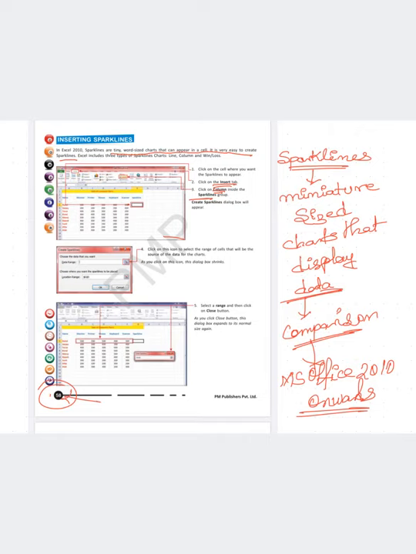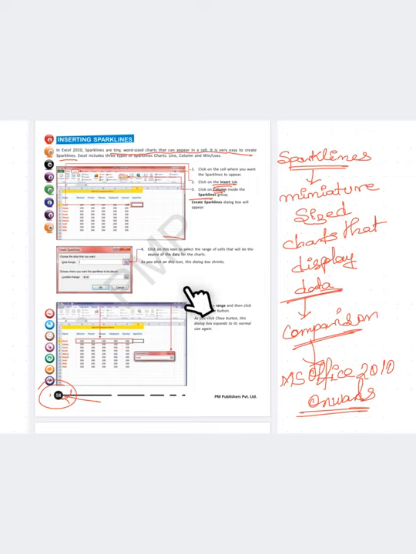Is it clear or not? So from there we have to add it. Okay? Yes? Now, once we have selected the data range, how can we select the data range? By just clicking on the cell ID. That is, suppose this is B5 to G5. Okay? This is a range.